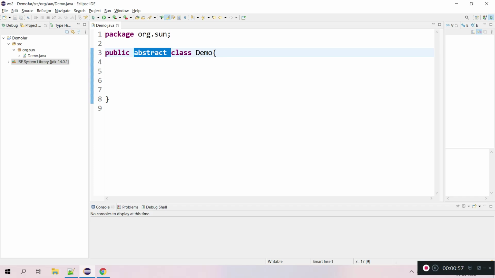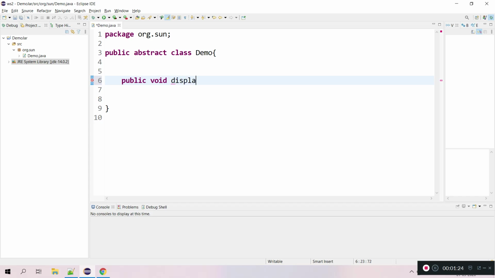What is the purpose of an abstract class? An abstract class is to hide unnecessary behavior, or, let's say I have some unimplemented methods, then I need to go for an abstract class because it is not 100% concrete. Let's say I have one method, public void display.